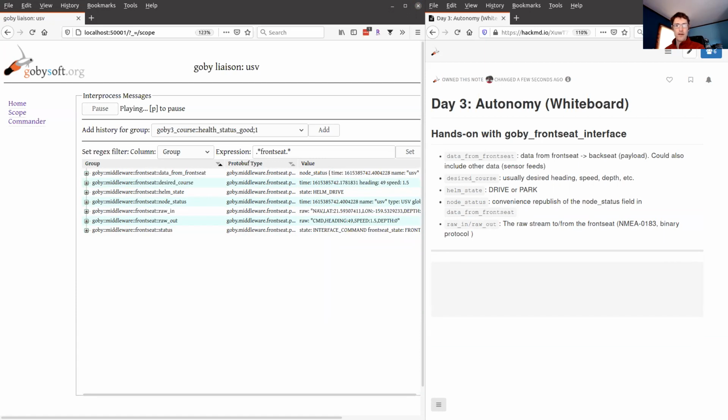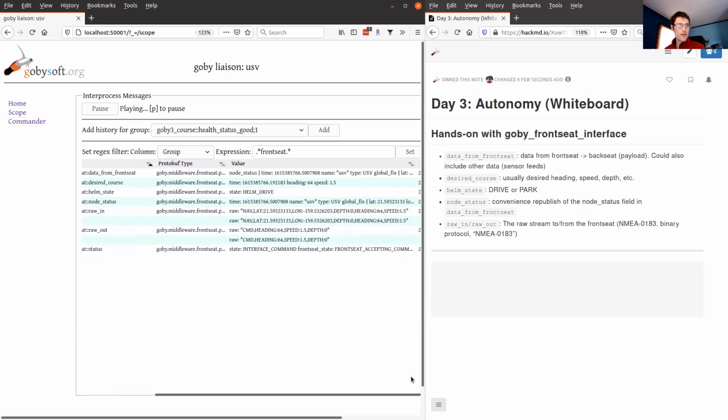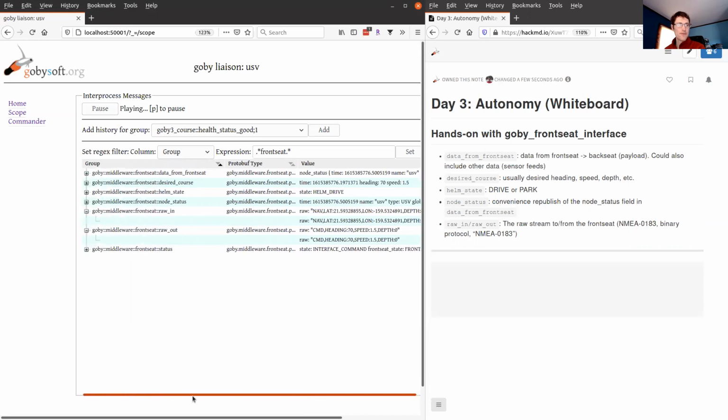In the case of the Wave Glider, it could be some kind of, I don't know, I'm going to call the Iver one NMEA 0183 but it's not really. It's kind of like that, and then they hacked it. So whatever the actual data being sent to and from the driver and the front seat looks like. And in the case of this simulator, I've made up this fake protocol that we'll look at more later, where the navigation messages are just strings prefixed by NAV, and the set point commands are just prefixed by CMD, and they're ASCII based messages.